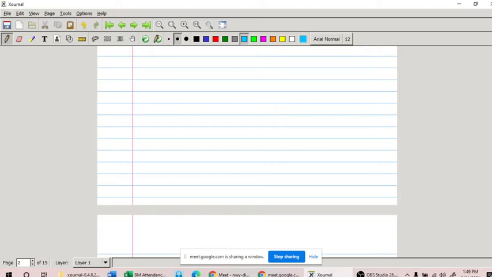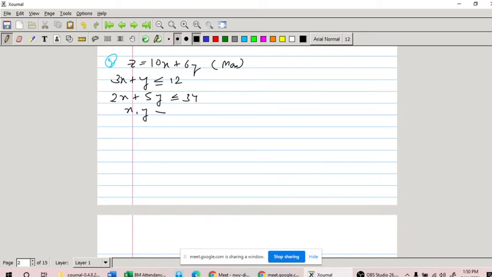Now let us look at another question, which is the same example from your book. It says that you need to maximize this z equals x plus 6y, you need to maximize this profit or whatever the function is, and this is subject to some constraints. Sometimes there are 2 constraints, sometimes 4 constraints, it can be any number depending on the level of problem. And the non-negative constraint, which is this.